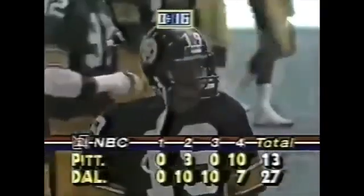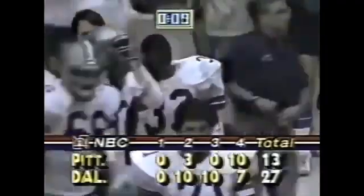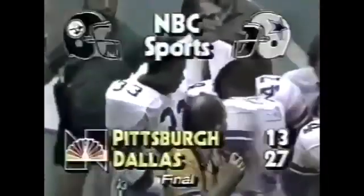That is not the kind of Steeler football that those fans up there are used to seeing. And you've seen the Dallas Cowboys win their 4th in a row, and their record now is 5-1. Tony Dorsett. That will be interesting. We'll have a chance, I think, to talk to Tony Dorsett, get his feelings on the day. So the milestone today, Tony Dorsett reaching the 10,000-yard rushing mark. The Dallas